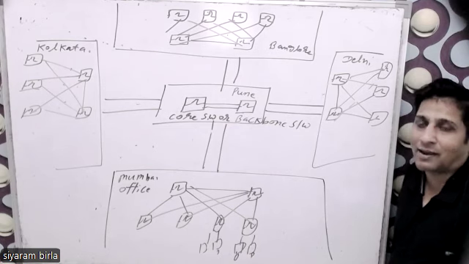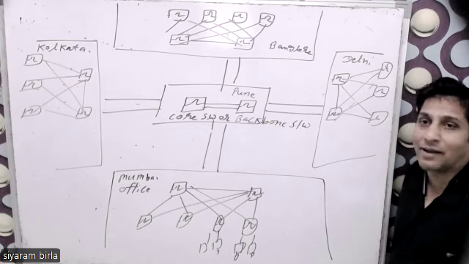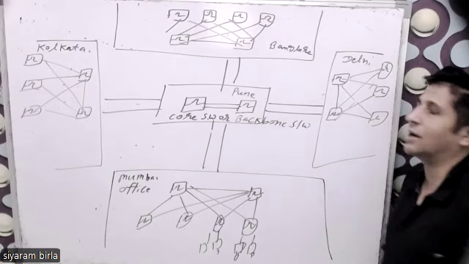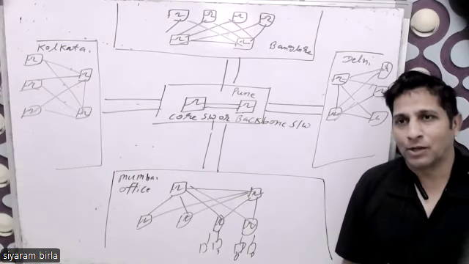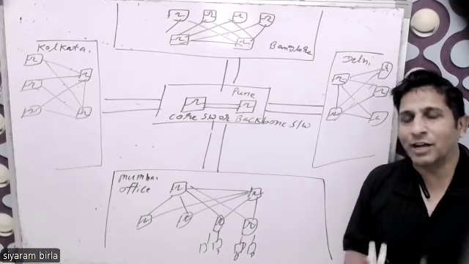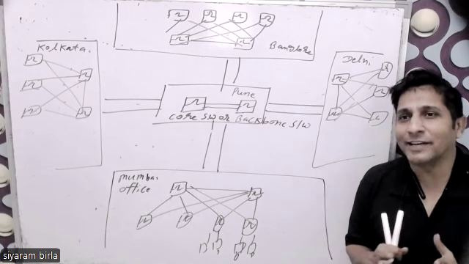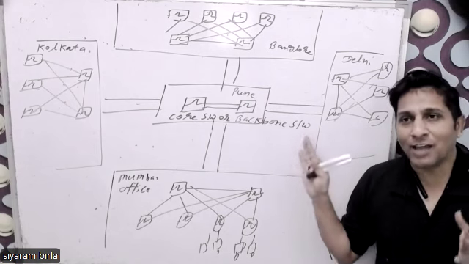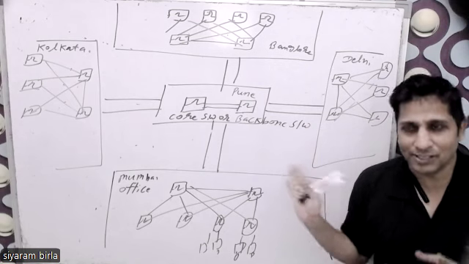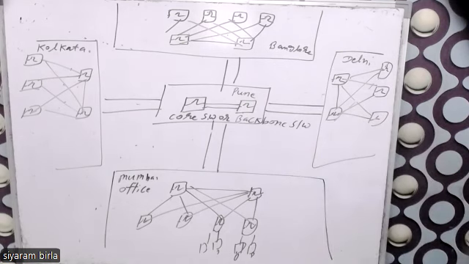So how are these switches connected to each other? Core switches are connected to the distribution switches. Distribution switches are connected to the access switches. In the interview, they ask about switching layers. They ask this kind of question about the architecture of the network. Every architecture is similar to this, and they follow layers. Let me explain these layers.